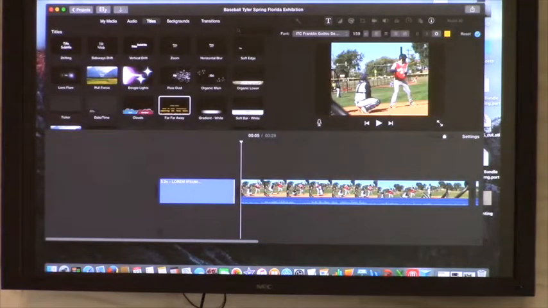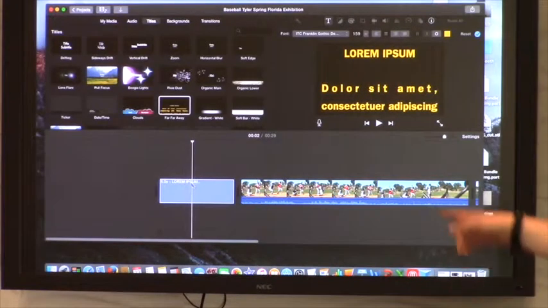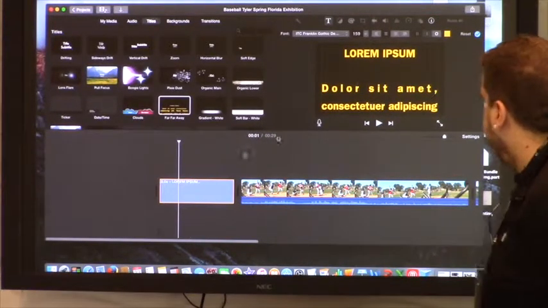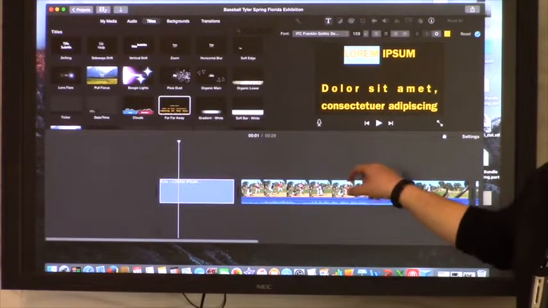So you really can't do that on the iPad, right? You can add the Star Wars theme to the iPad. There's a lot of themes on the iPad. You can add the titles, backgrounds, transitions, and stuff like that. But as far as editing the video that you have itself,